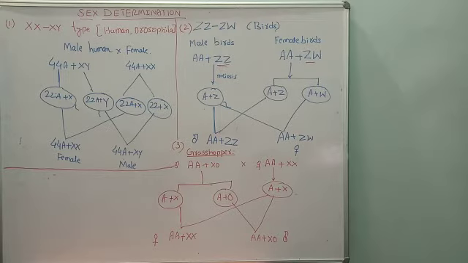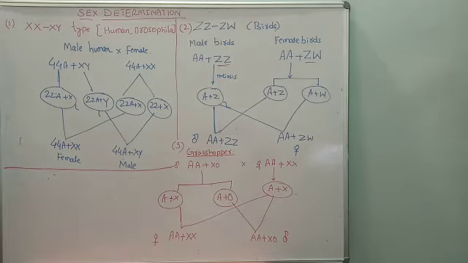Now make a cross. This haploid 22 autosomes plus X combines with the 22 autosomes plus X of the female to form 44 autosomes plus XX, a diploid set of chromosomes. If XX chromosomes are produced, it is called female, so a female child will be formed. Similarly, the Y chromosome combines with the female X chromosome, ultimately forming 44 autosomes plus X and Y. XY means a male child is produced.